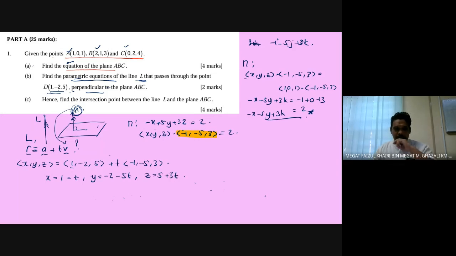Okay, so this is a parametric equation of the line L, and we need to find the intersection point between the line L and the plane ABC. Intersection point means that just imagine the line L,